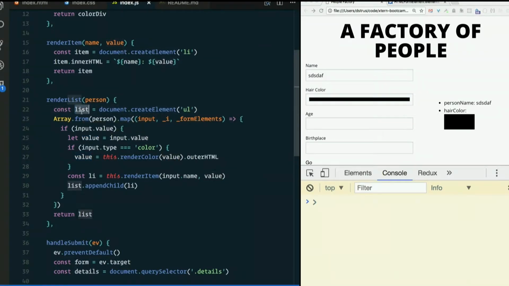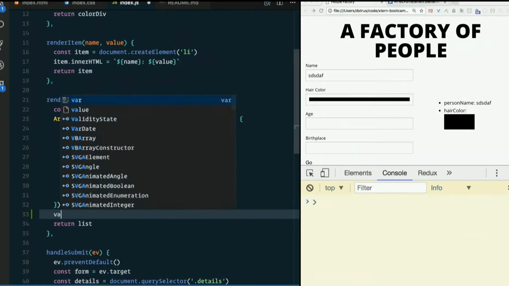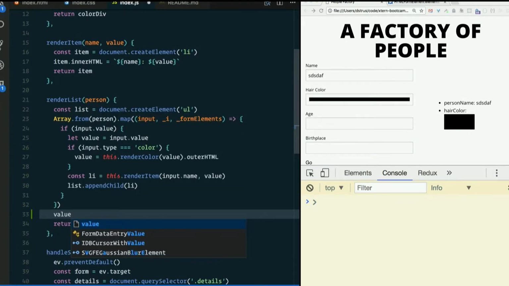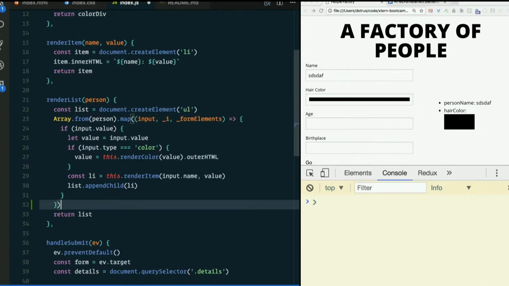I mean, I can still get to list in, but value, which was declared inside this function, I cannot get to once the inner function ends. I couldn't get to it here. Value will be gone. Now, because